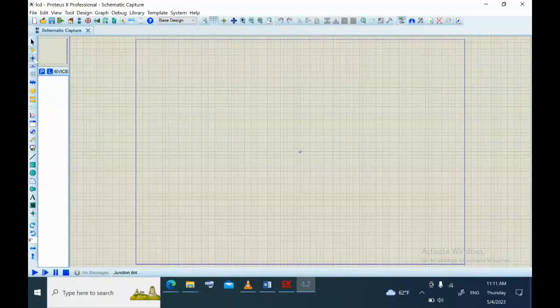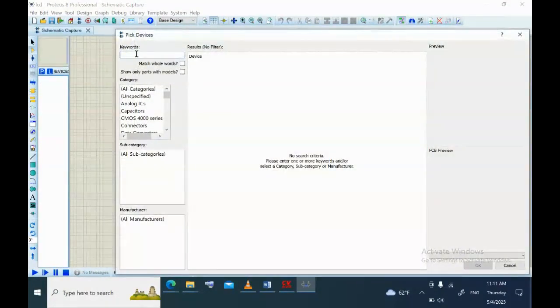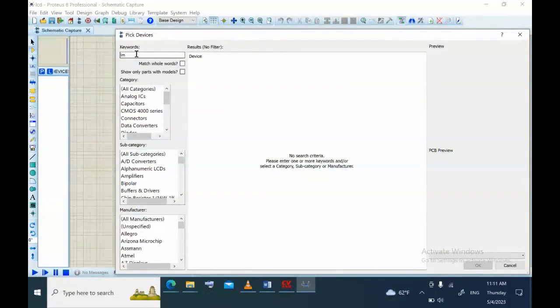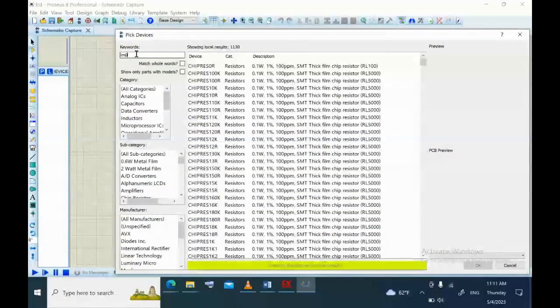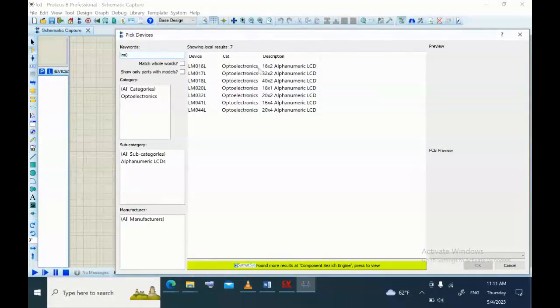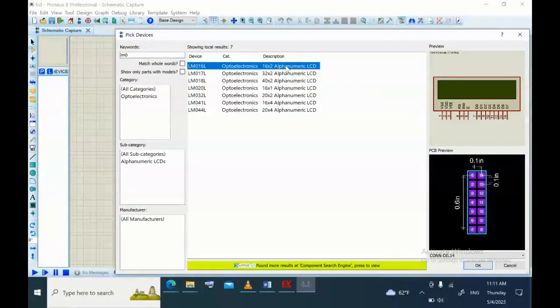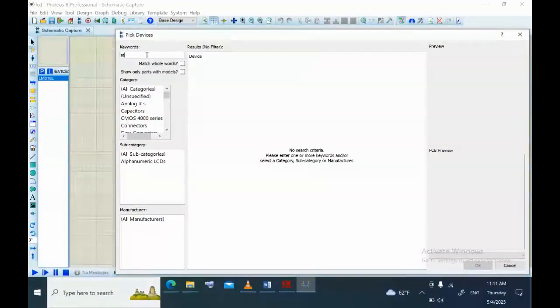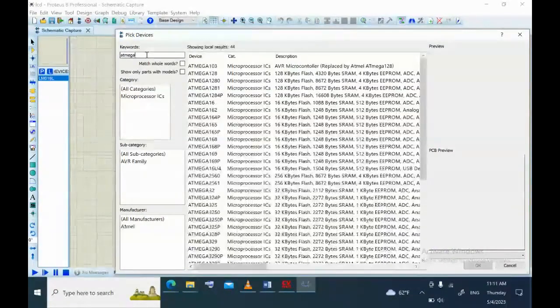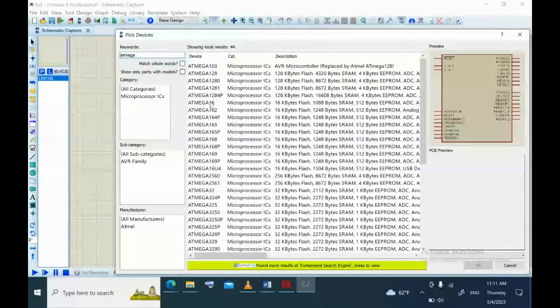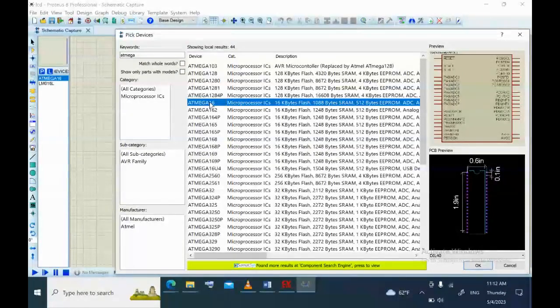Okay, here again we should choose one LCD. I said that for LCD it's better to search LM0. I searched LM0. I'm using a 16 by 2 alphanumeric LCD. Then by double click on that, it comes to my library. Again, I need ATmega16. ATmega16 is here, and by double click on that,